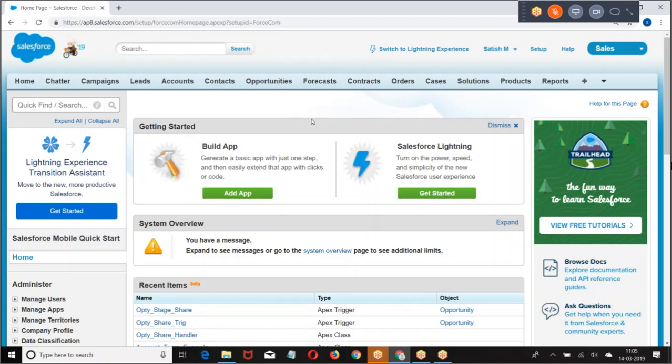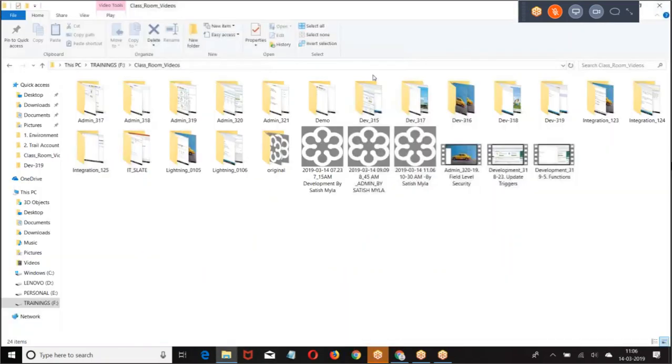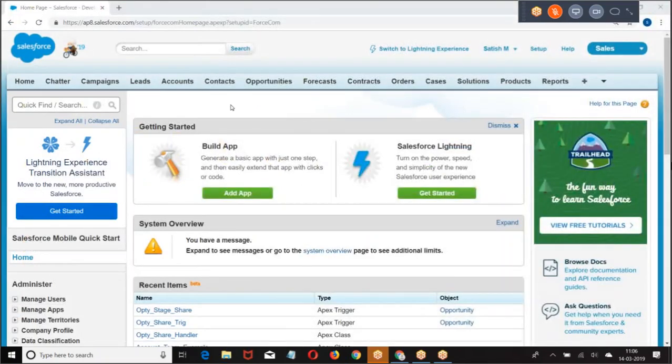Now let us go to the next part of the story. We want to understand delete triggers, undelete triggers and recursive triggers. Then we'll go with some use cases to implement this. Now the point here: what are delete triggers?